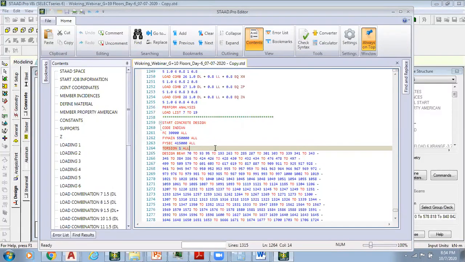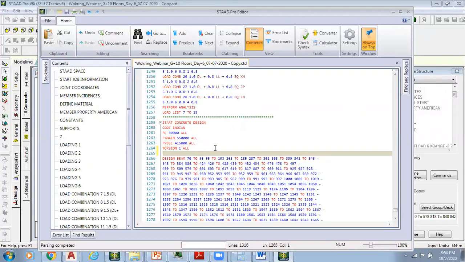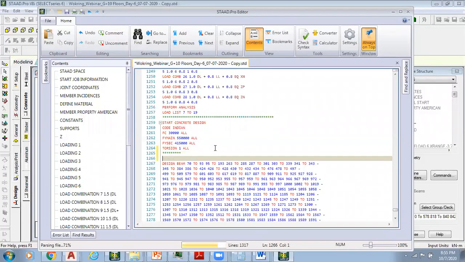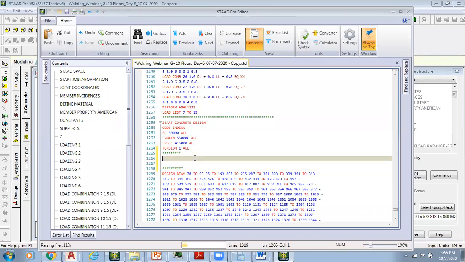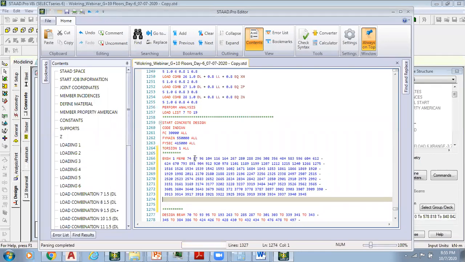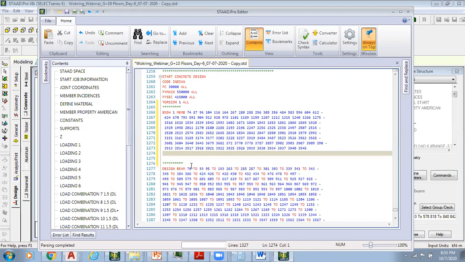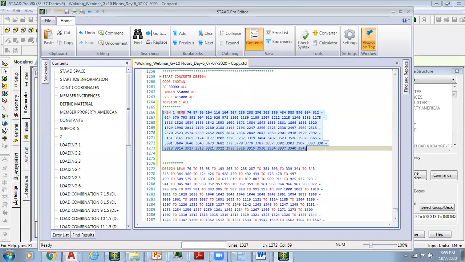Here I need to paste it. Here I'll press enter, write some stars, again enter, write some more stars, right? Before the beam design, I must be mentioning it. So I can just say here, Control V, paste it. Because before designing it, every input information has to be given to STAAD Pro. So that is why before the instruction of beam design, we have to paste this one.